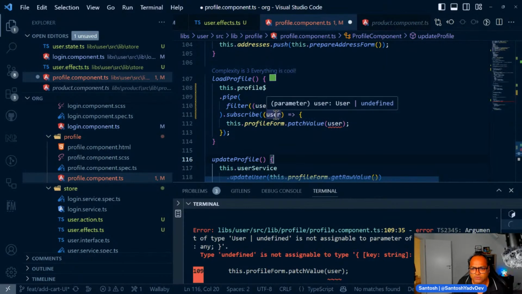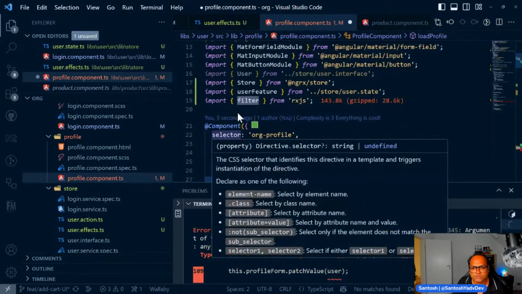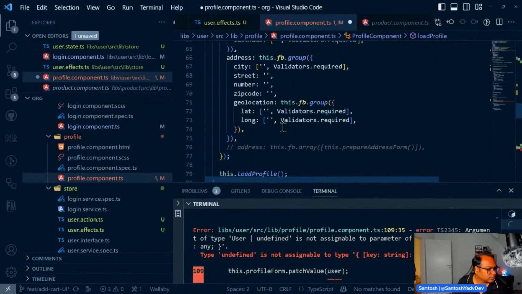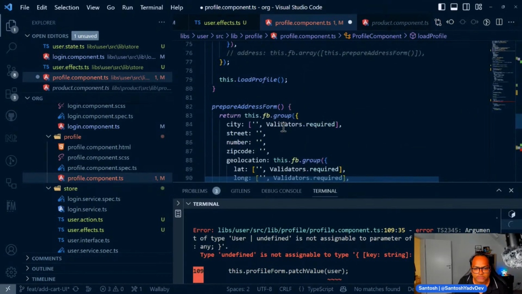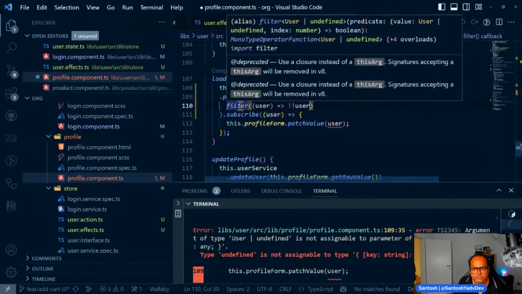Why the user? I'm applying the filter operator. Let's see, filter from RxJS. Ah, Paul. Yeah, it's a good idea. I'm just wondering why this is not working. I mean, this should return me only users, right? I mean, this is what it does. Should filter